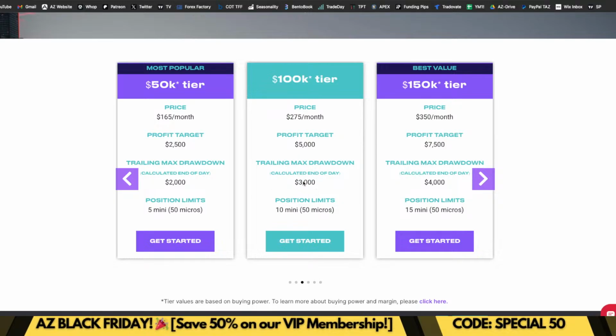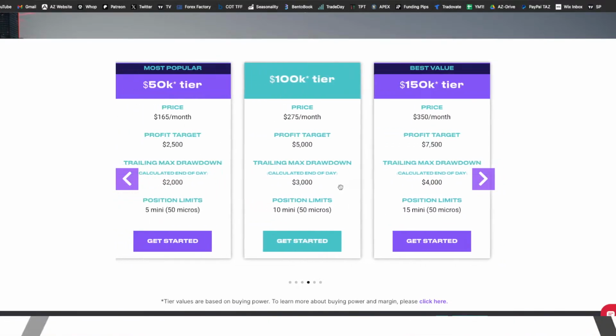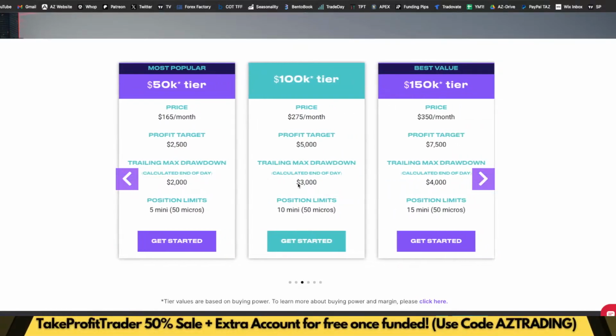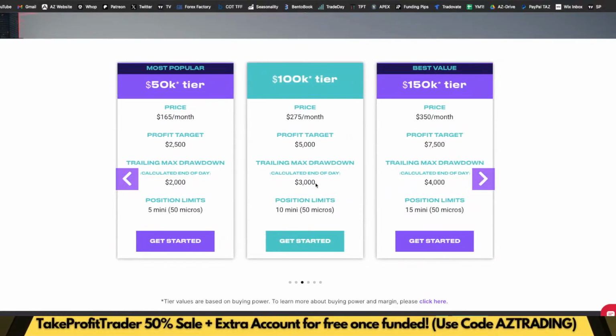Once you get above $3,000 in profit, then your trading max drawdown is being locked in at 100k and you don't really have to worry about that anymore. So anything above $3,000 profit can be paid out without losing any of your margin. Because in reality, if we think about it, it's already a 100k account. It's a $3,000 account with lots of leverage. Being able to use 10 minis on a $3,000 account,